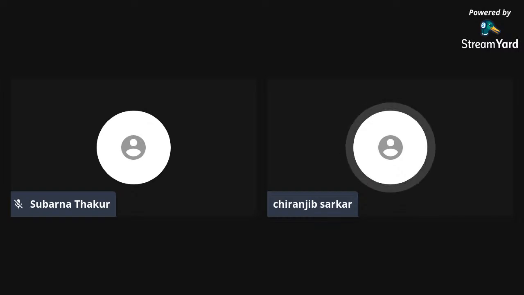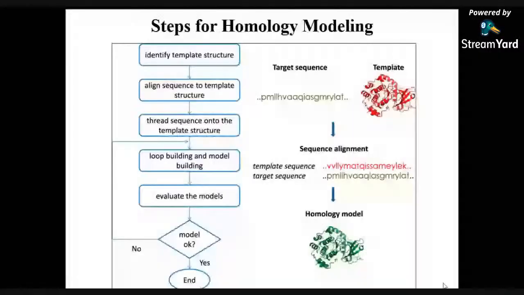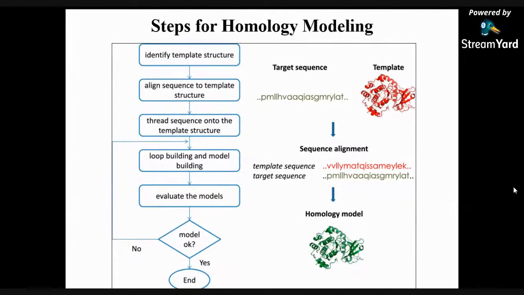So these are the steps for homology modeling. In the normal case, for any sequence which has an identity percentage of more than 40%, we first need to identify the template structure, obviously using BLASTp, and we'll get a template with more than 40% identity percentage. We need to align that template sequence with the target protein sequence, and then we'll get an overall